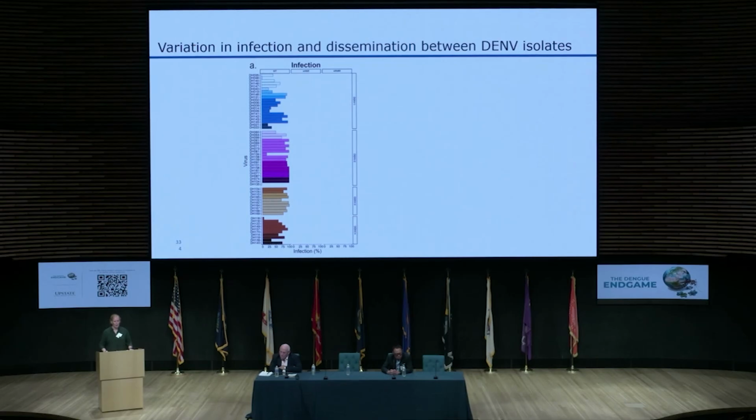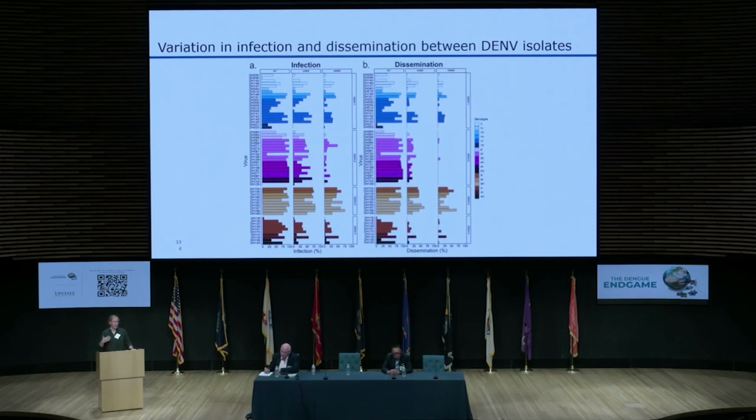And so that's really a key point to realize, that even in natural transmission, there can be a huge difference in how well a particular population can transmit genetically diverse viruses. That was, of course, not our main factor of interest. So if we now look at the Wolbachia results, the middle column is WLB, the column on the right is WML, and then from top to bottom, we have dengue 1 in blue, dengue 2 in purple, dengue 3 in orange, and dengue 4 in brown. And you can already start to see that there's definitely some level of inhibition as compared to wild type.